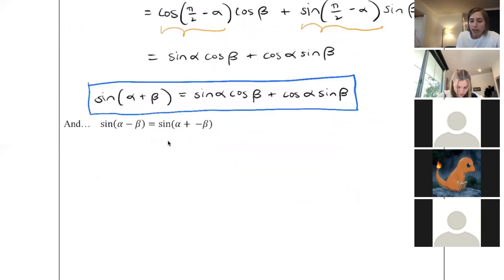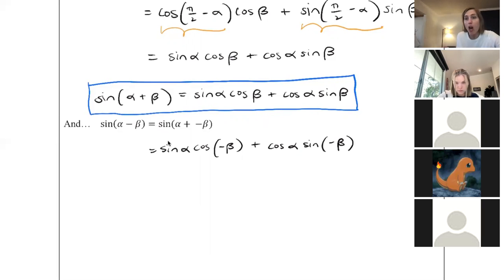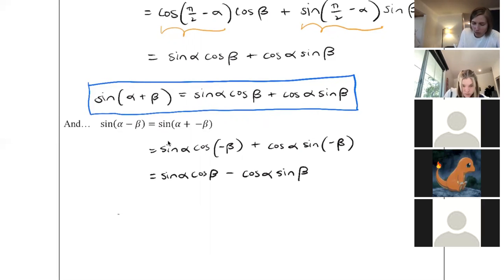Okay, so from here, just referencing the identity that we just derived, we'll have sine of alpha cosine of negative beta plus cosine alpha times sine of negative beta. And then thinking even odd identities to simplify. Okay, so sine alpha